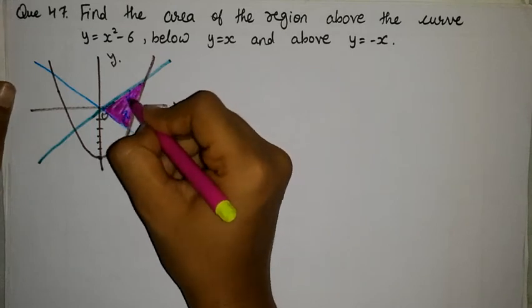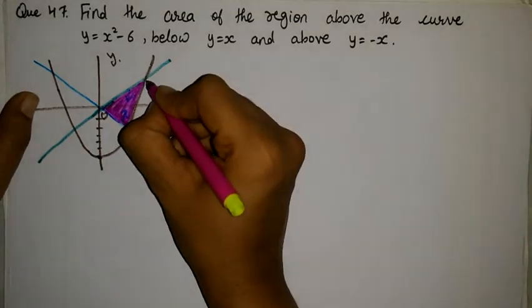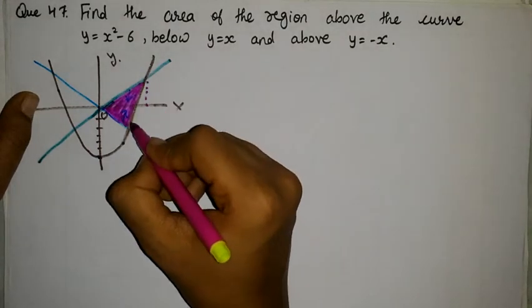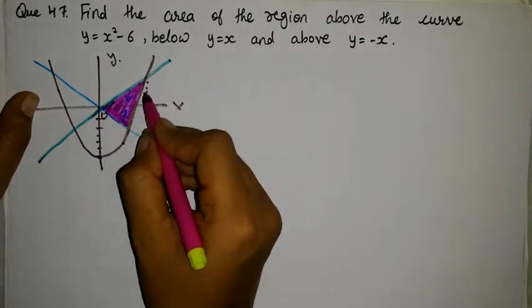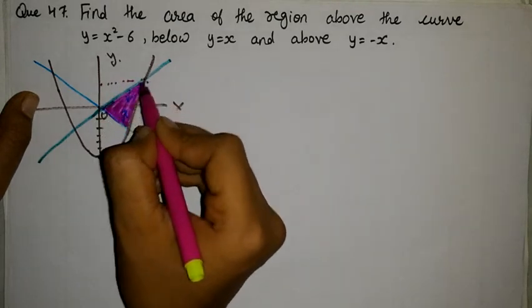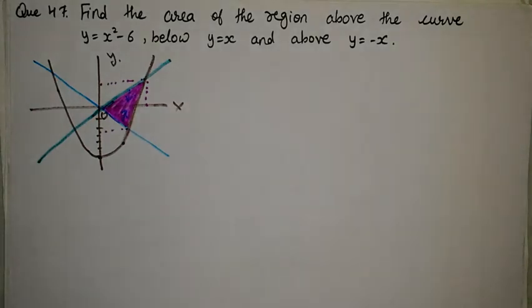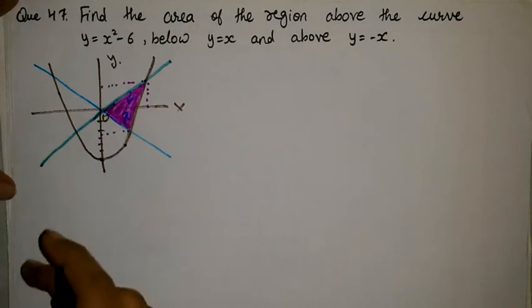In such question, the important step is to know the figure. Once we know the figure, then work becomes easy. But before that, we must know the diagram. So now let's find the intersecting point. Let's find this point. Okay, I think let's find limit of integration with respect to y-axis. We find, then I think it will be easy. So let's find intersecting point.